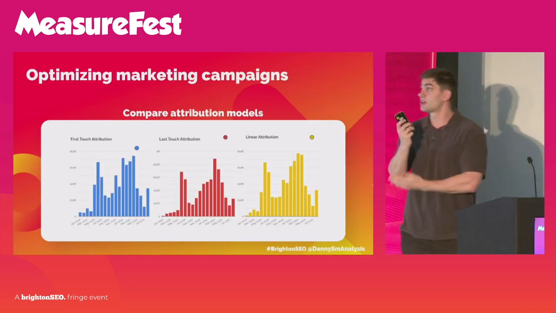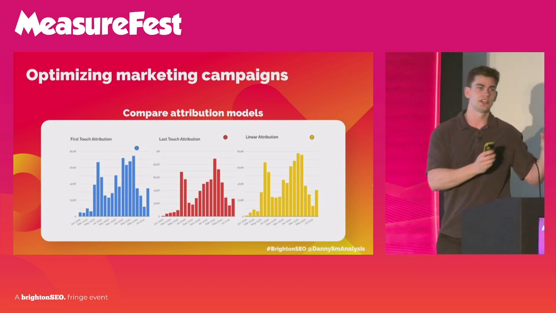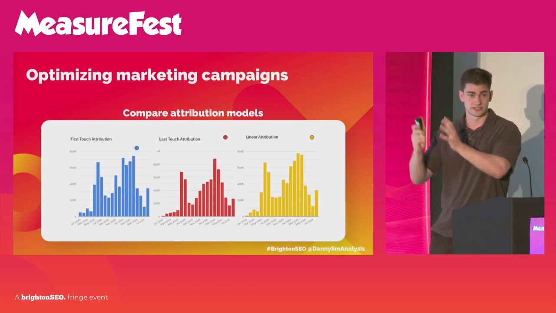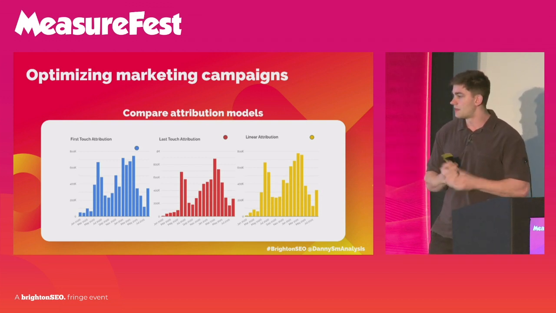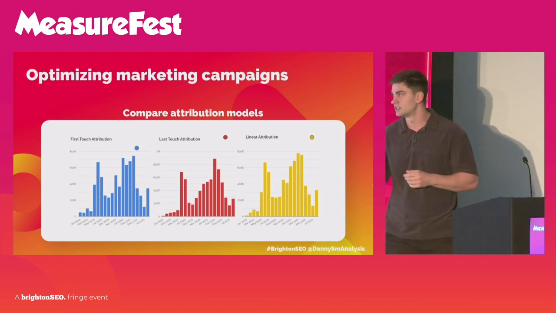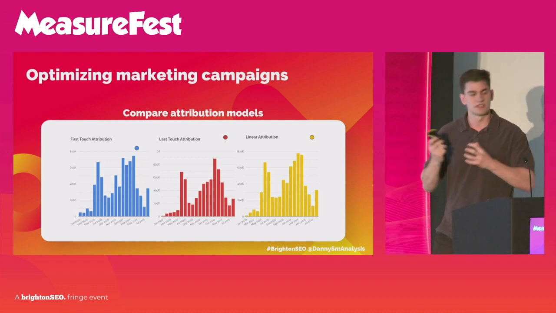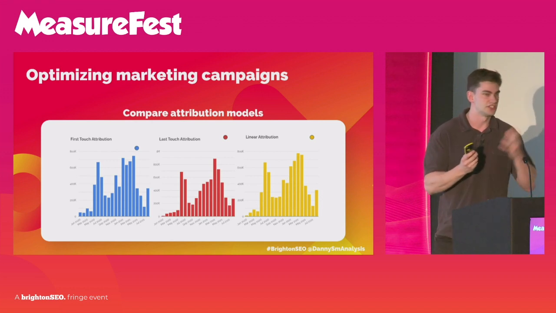There's a lot you can do from a marketing campaign optimization perspective as well. So this is an example where we fed our GA4 data into BigQuery. We fed our CRM data into BigQuery. So we're marrying up that offline and online behavior. And we've created these different attribution models, so first touch, last touch, linear touch. You can then filter to different campaigns and see at what point of the user journey each campaign is having